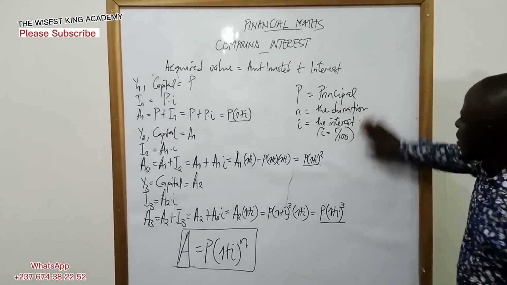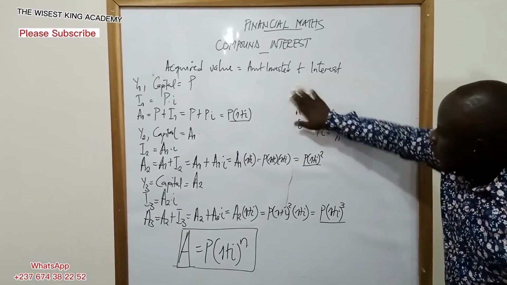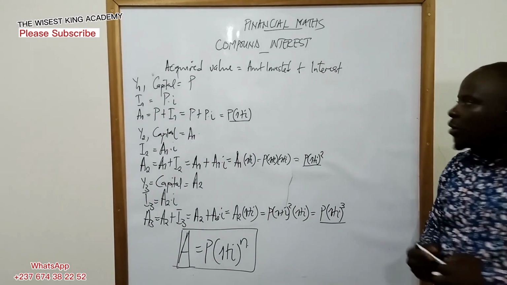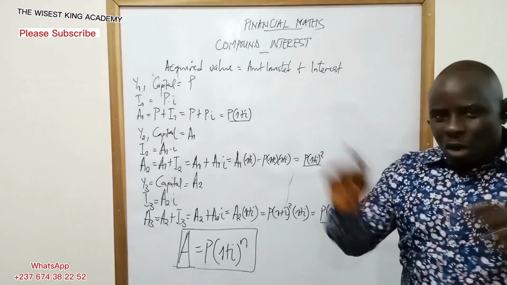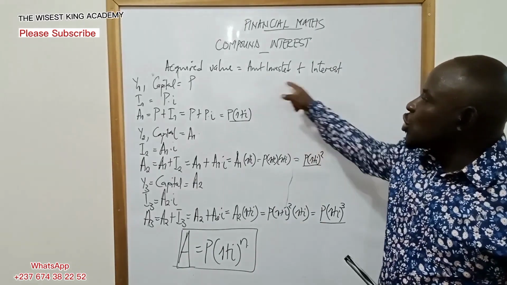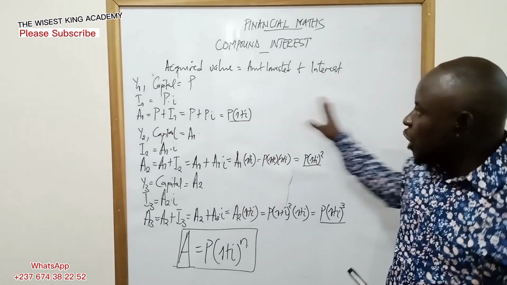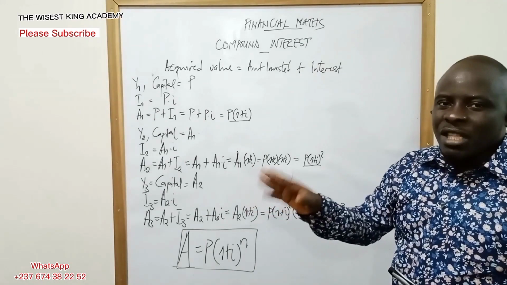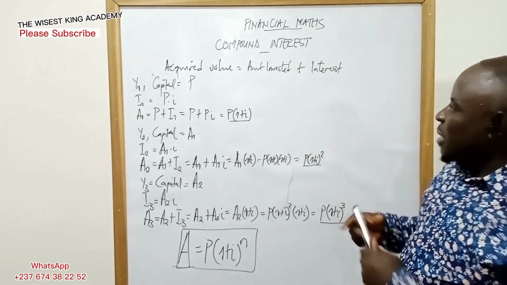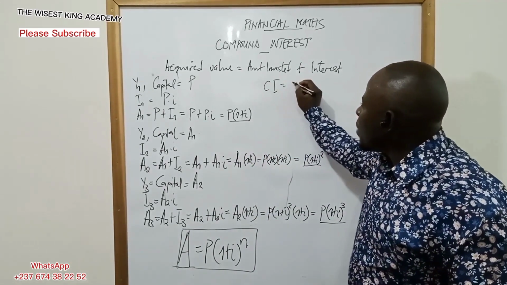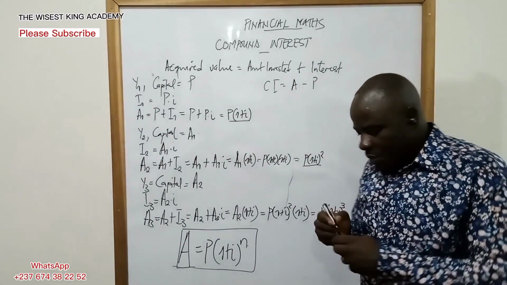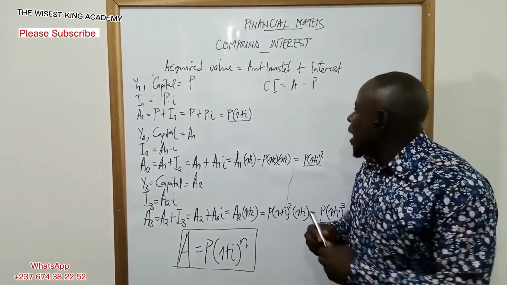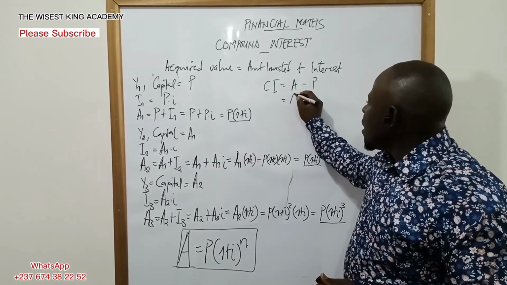Now, permit me to wipe this. I want to do something on this side of the book. Now, how do we calculate compound interest? Remember, acquired value is the sum of capital and interest generally. This is it on the board. It therefore implies that interest will be the difference between acquired value and capital. So compound interest here will be what? A minus P. But from what we have generated, A is equals to P into 1 plus I raised to the power n. So compound interest here will be P